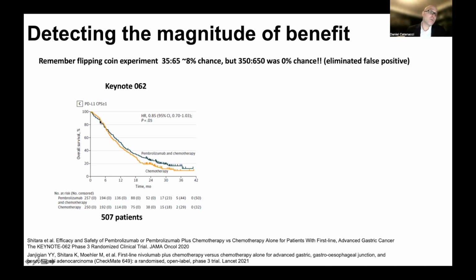And this study, while it showed a trend to benefit of pembrolizumab and chemotherapy, it was considered not statistically significant. The hazard ratio was 0.85, but the confidence interval and the p-values suggested that it was random variation. It was crossing the boundary of one, and the p-value was not less than 0.05. And you can see the absolute difference in the median survivals was 1.4 months in favor of pembrolizumab compared to